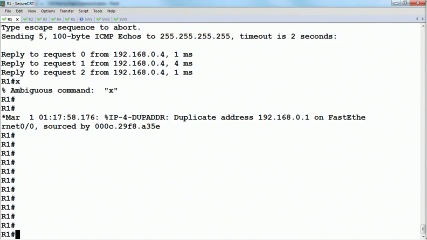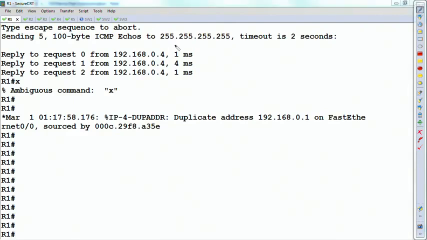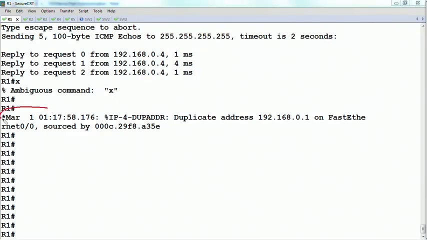The way that you want to read these logs is that this is the timestamp. The timestamp by default was based on the uptime, which again is how long since the router reloaded. It says that it is from the IP process, so this means it's a layer 3 logging message. Duplicate address, this address was detected on fast Ethernet 0/0. It was sourced by this,